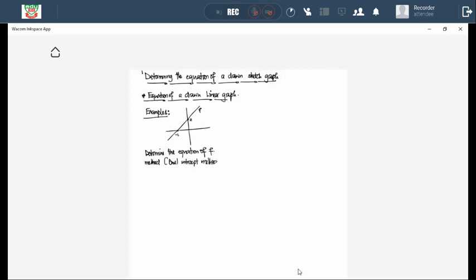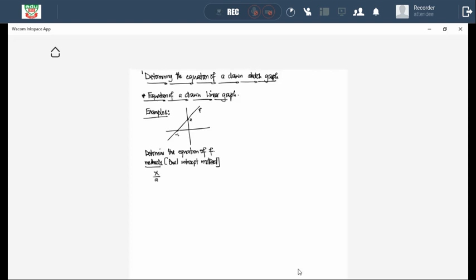The dual intercept method is a basic method which points us to the points where the straight line cuts the x-axis and the y-axis. It says once you get the x-intercept and the y-intercept, for you to come up with such an equation, you simply say